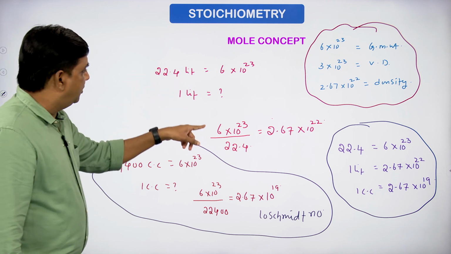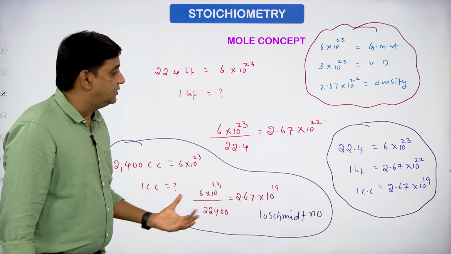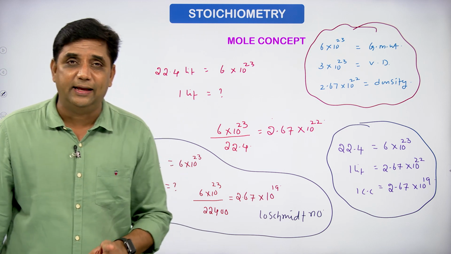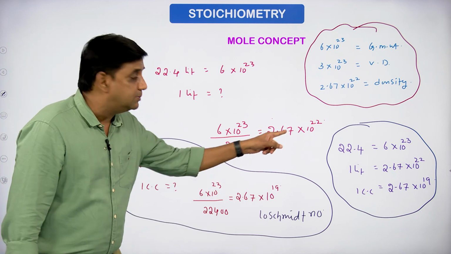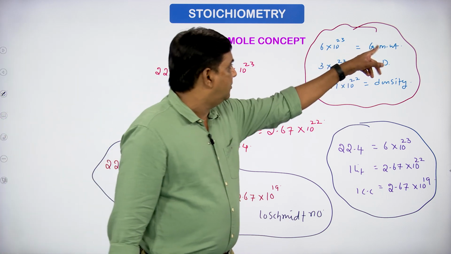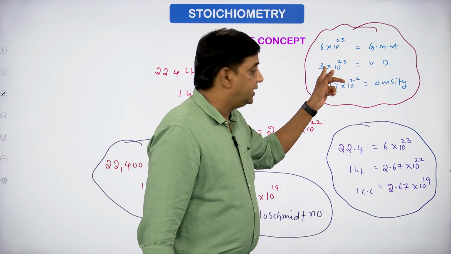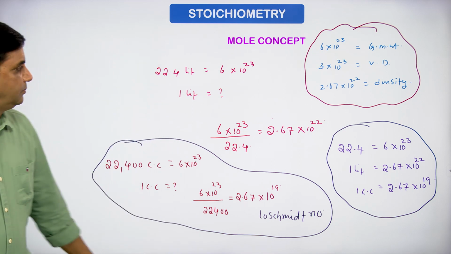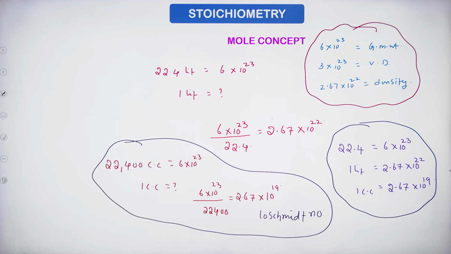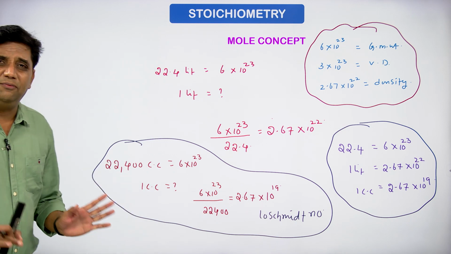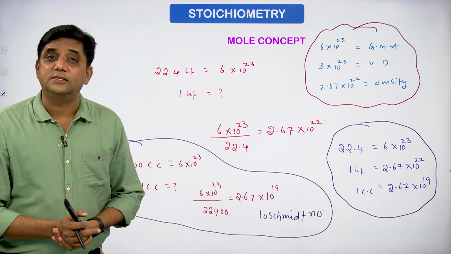This is how we found out the number of molecules present in 1 liter of the substance. The mass of 1 liter of the substance is nothing but the density. So the density of the gas will contain this many molecules. See here, I have clearly written that gram molecular weight contains this many molecules, vapor density contains this many molecules, density contains this many molecules. And the number of molecules present in 1 cc of the substance is known as the Loschmidt number. All these are very basics related to the mole concept, students.